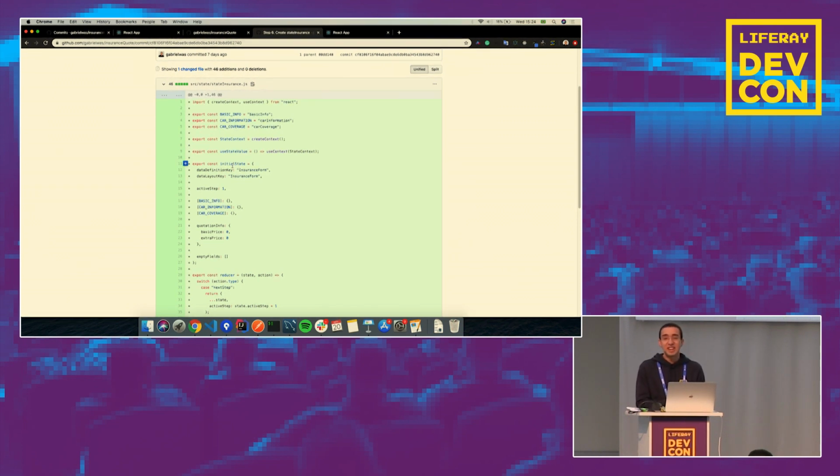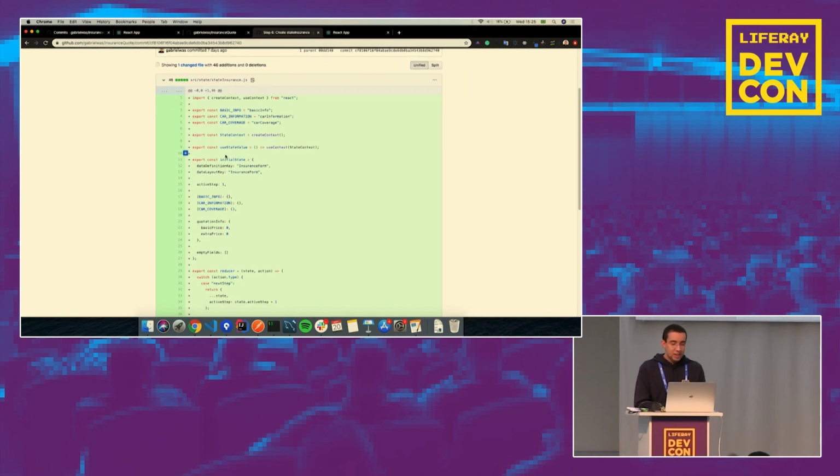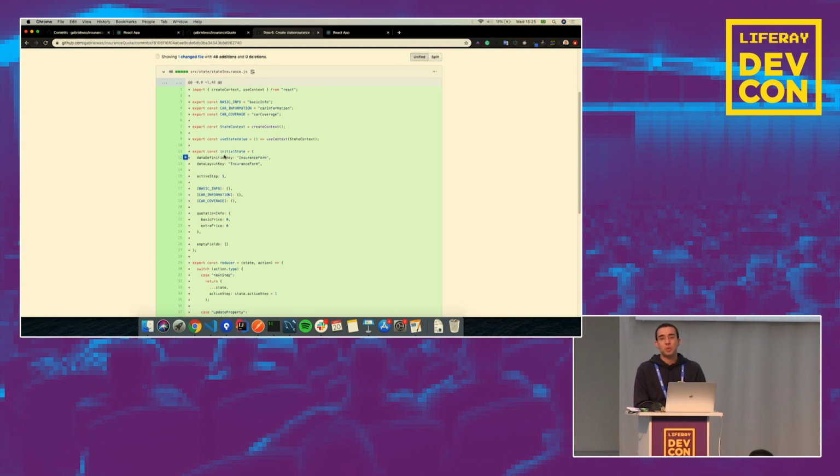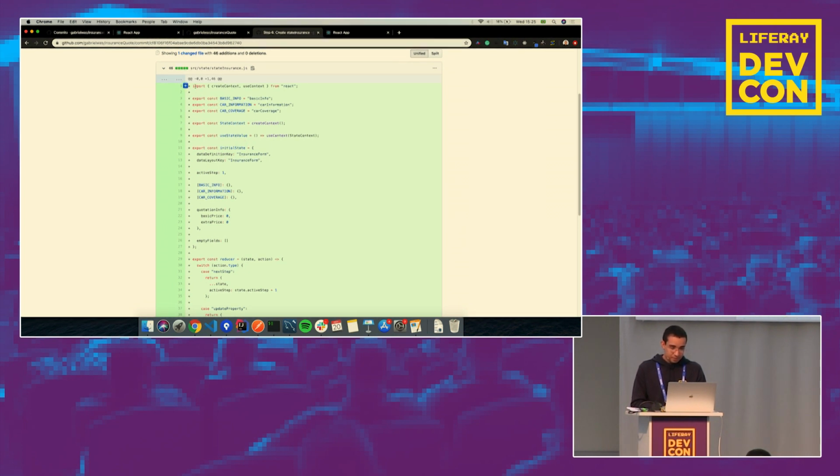Okay, so I'm going to make a quick overview about state. It's simple. It's just a state that we have in React. It's just for us to store some values and keep them in our app, okay? It's as simple as that. It's just a state where you can store some data, and you can use that data when you want, when you are traveling through the app, okay? So